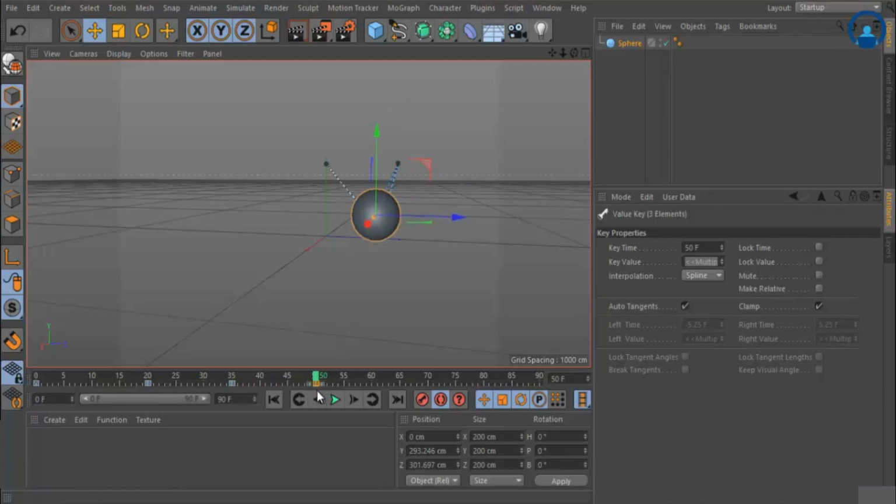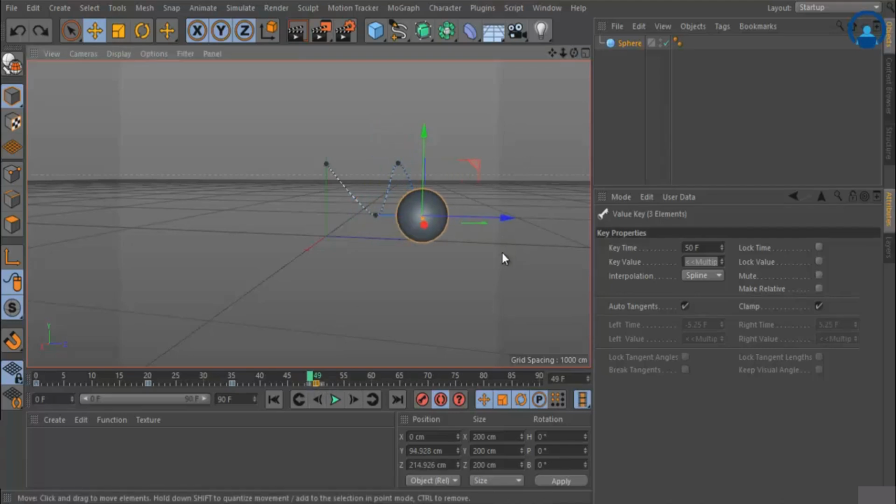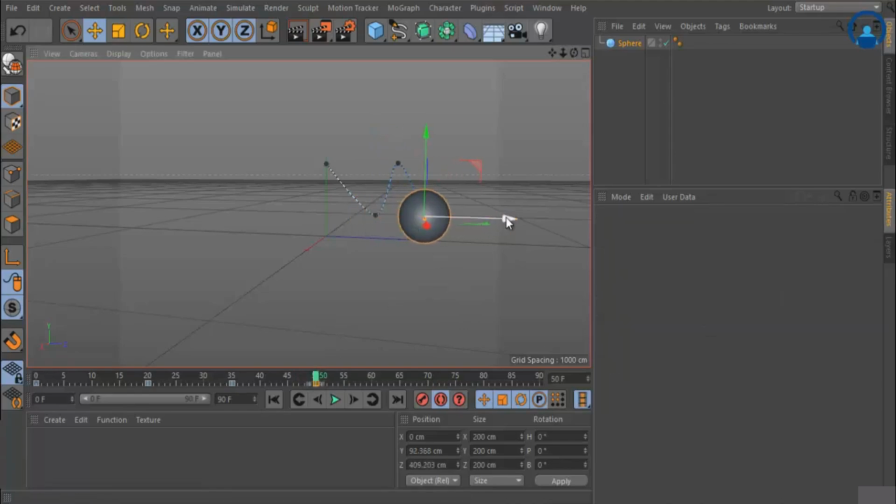So the location of 20 and 50 is the same now. I want to move it like this. Okay, that's fine. This way we can copy and paste a keyframe.